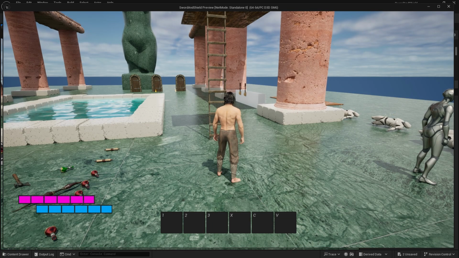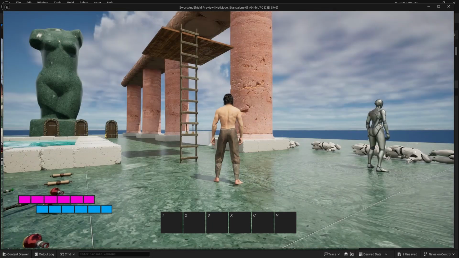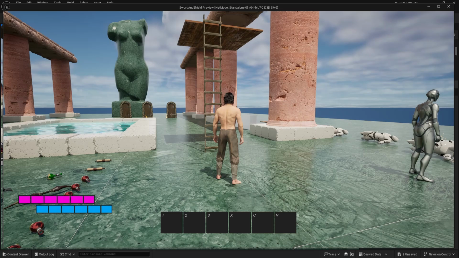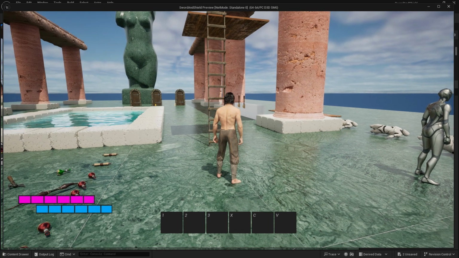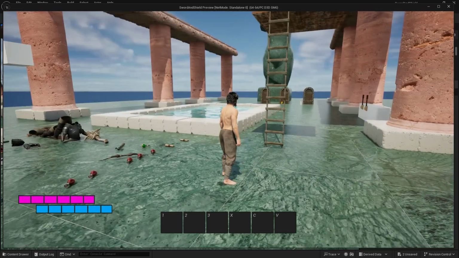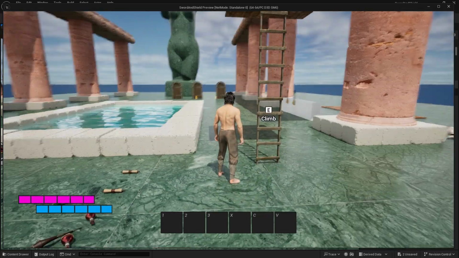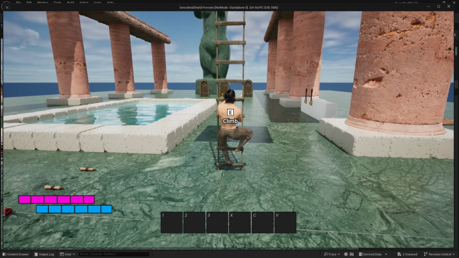Hey guys, so in this video we're going to finish with the ladder and we're going to make it so the player can also climb down, and then we'll just fix some small issues that we will have. I have also decided not to use motion warping that I mentioned because I feel like walking this short distance to the ladder instead of teleporting is just a waste of resources, so we'll just use it somewhere else in the